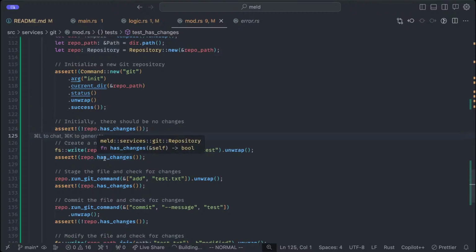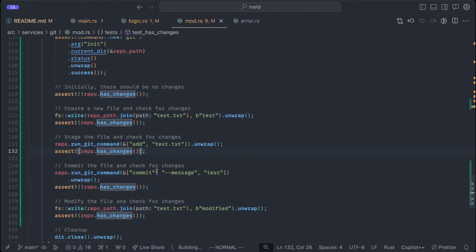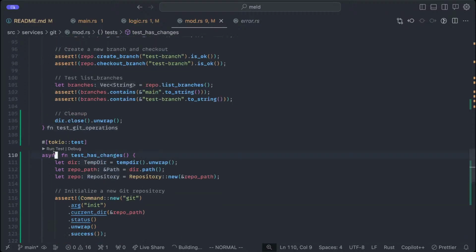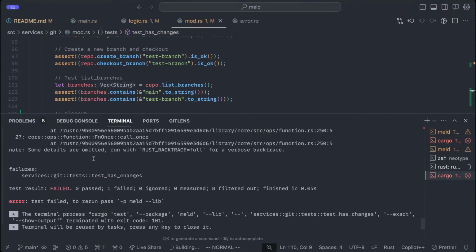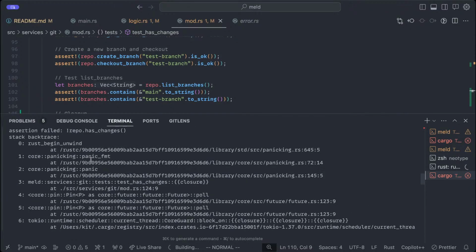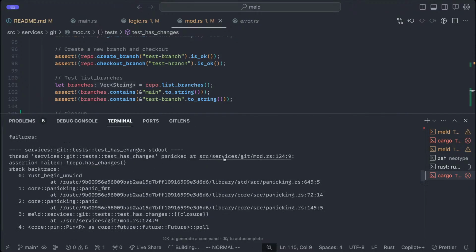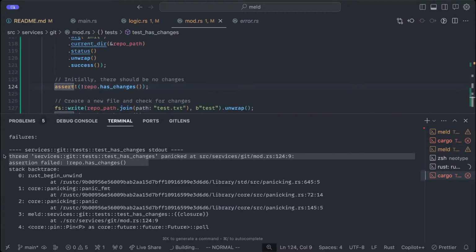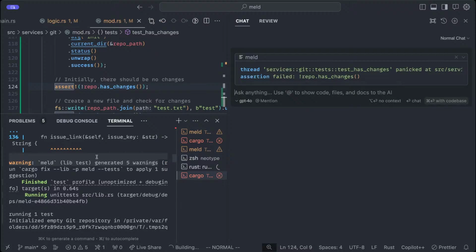It does something, and it should have changes. Does something and it has changes. Commits it. Should not have changes. Modify the file and check for changes. Yeah, that's pretty great. Does that work? No, it does not work at all. So at the beginning, it fails. So I'm just gonna create a chat with this and say,